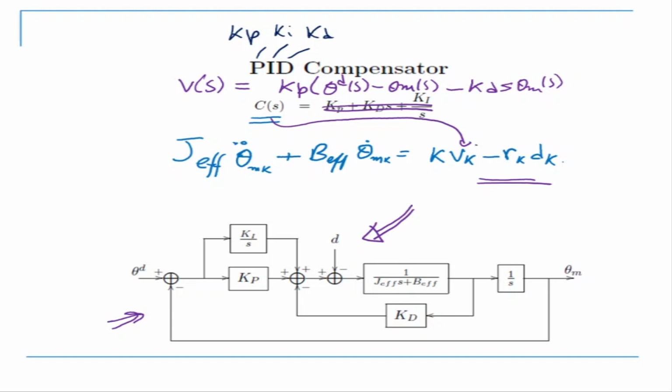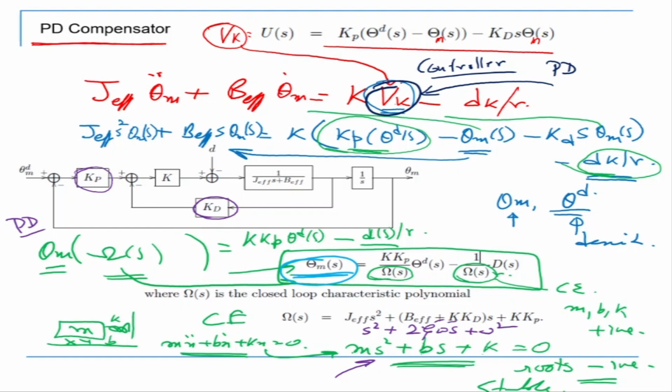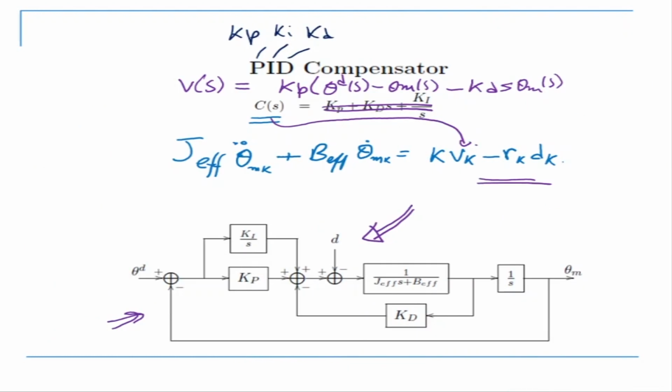So let's have a look at the PD controller. What was there? In the case of the PD controller, where is the PD controller? Yeah, so this is my PD controller. From here only I'm adding one more term, so here I'm adding minus Ki, the integral gain, into theta ms. This part I'm adding for the I part. So that's P, that's D, that's I. Okay. So what I'm doing here is I'm adding minus Ki by s into theta ms.